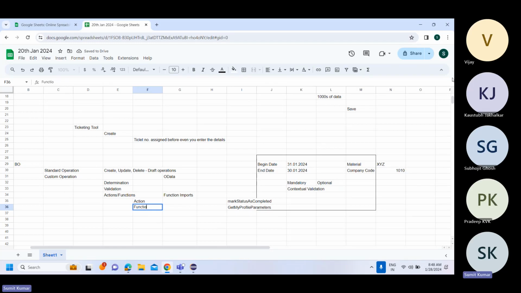Why can I consider it as a function? Because the underlying call it might trigger in the backend is a get call. So it's a function import with the type get, whereas action is a function import with the type post because it tries to update something. Now, just to remind you that these are custom operations. So even though I say that you are supposed to perform in an action something which updates the DB,